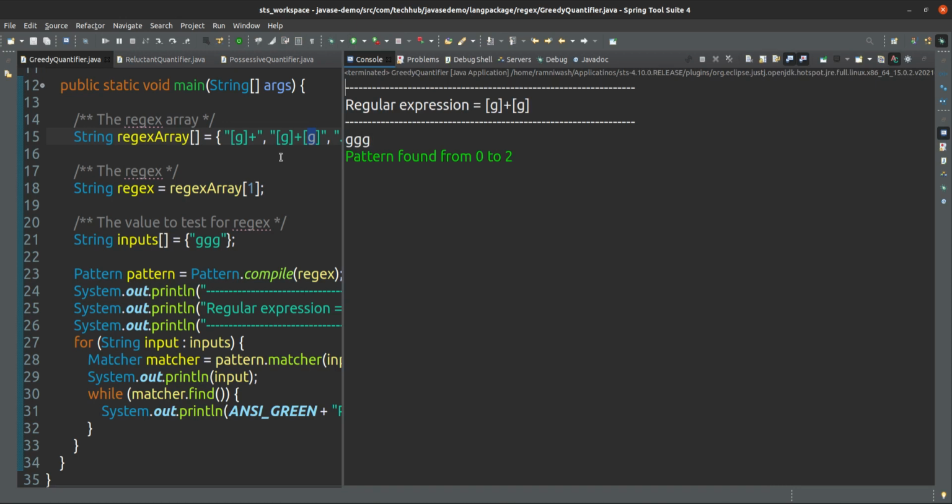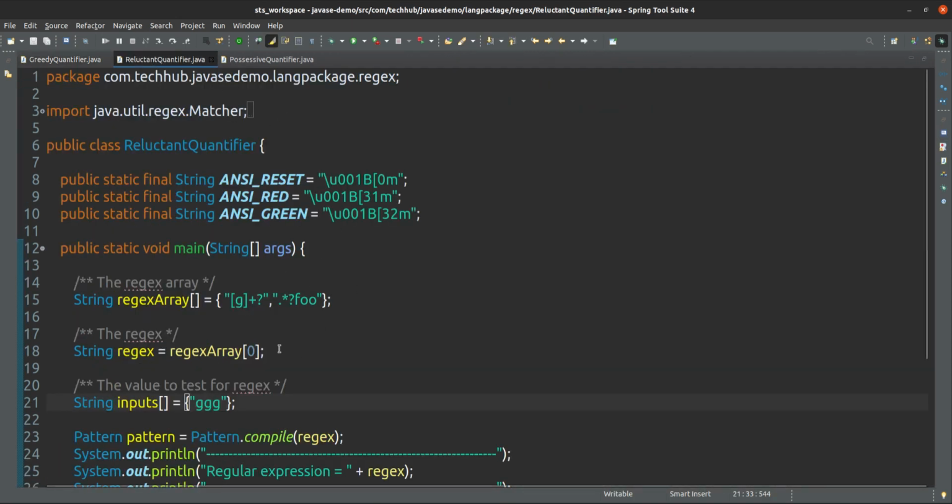So from 0 to 2 only, that is passing, but in this one that case is not there. If you want to give that one, you can also, okay.